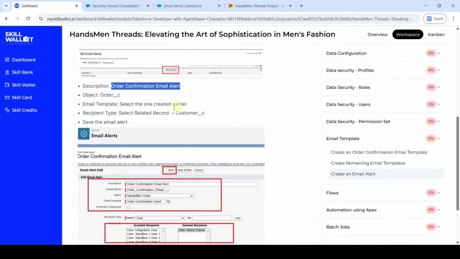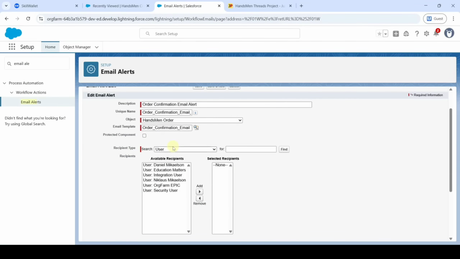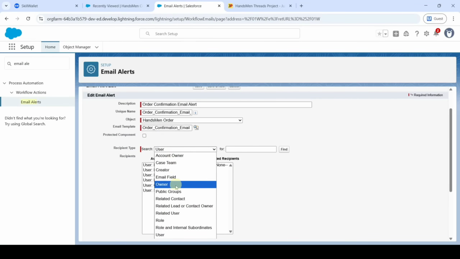Then we need to select the recipient type as related record and then customer. So here in this search for related record. But we haven't seen anything like that because we are creating this email alert based on the custom object. So for this custom objects, the related type is not available and it is available for standard objects only. So in our case, what we need to do is we need to create one of the email field in